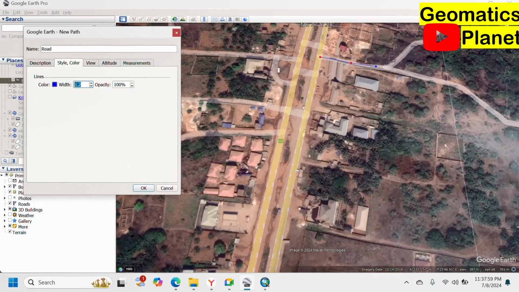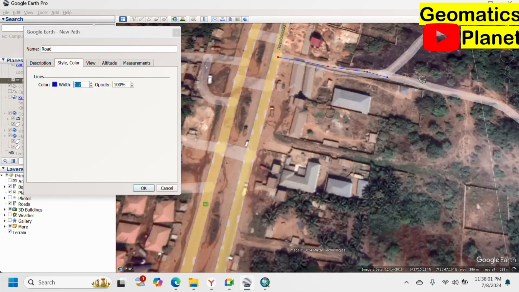I can make it. You can see the blue color here. So I am here, digitizing this road down here. I'm digitizing where I feel like there is a road. I'm also going to, if you see here, I clicked here by mistake, and if I want to return back,